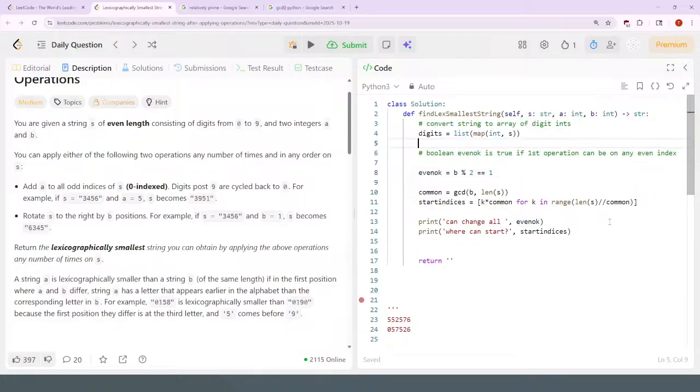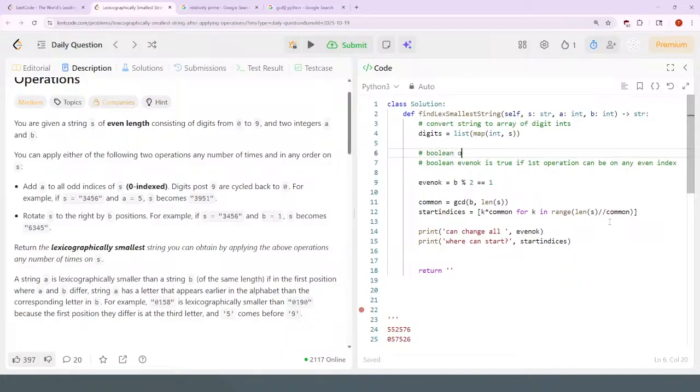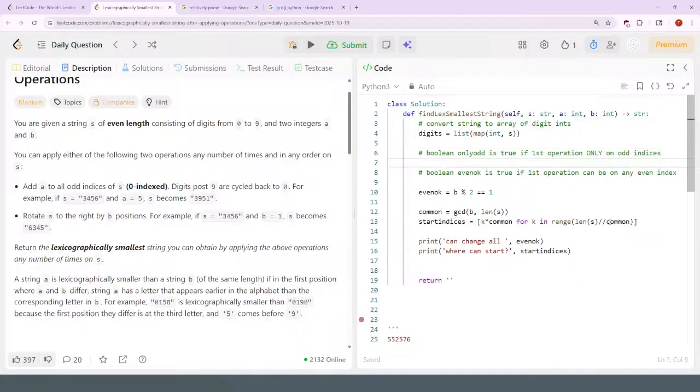Maybe I can do Boolean only odd. I think that would be something like, if your starting indices were only like, let's say 0 and 5 and your length of the string is 10,